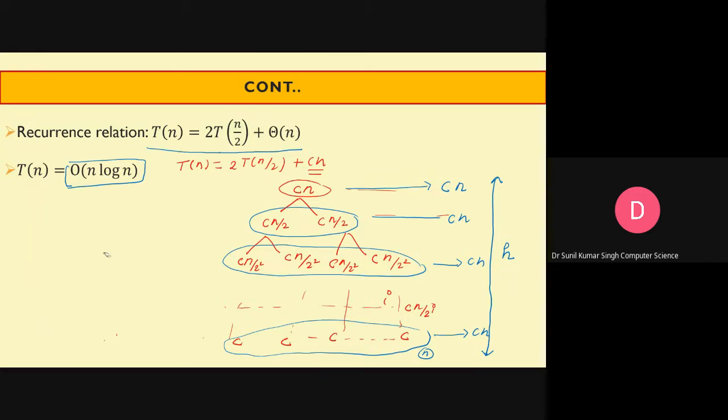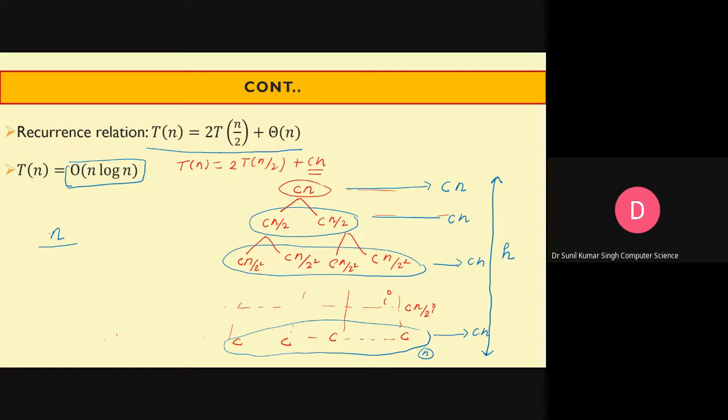Every time it is not going to be that simple, so we have to look for a systematic way to find out the height. So here, let n be the problem size, and if height is h, then this is the hth level which is contributing,